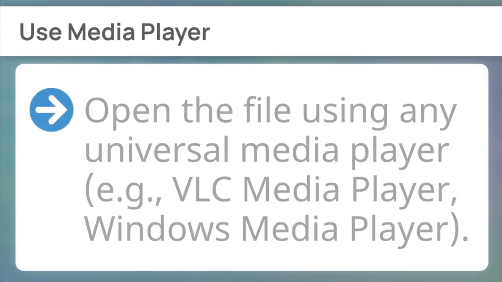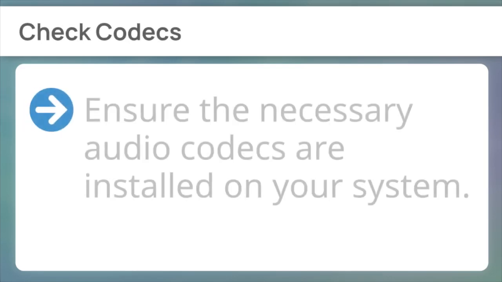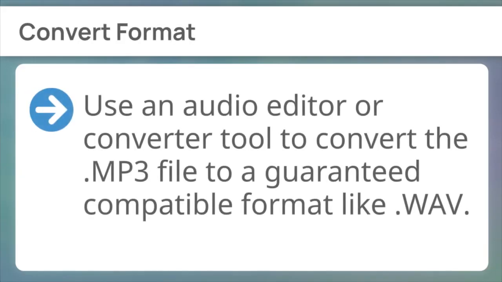First, use Media Player. Open the file using any universal media player, e.g. VLC Media Player, Windows Media Player. Next, check codecs. Ensure the necessary audio codecs are installed on your system. Finally, convert format. Use an audio editor or converter tool to convert the MP3 file to a guaranteed compatible format